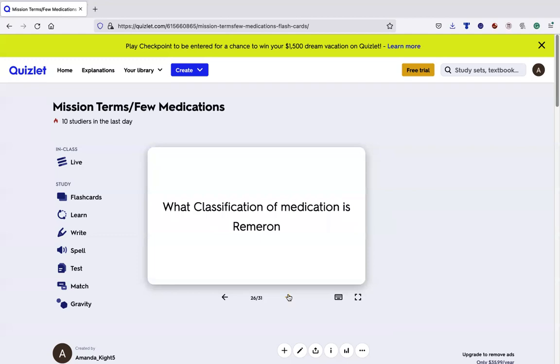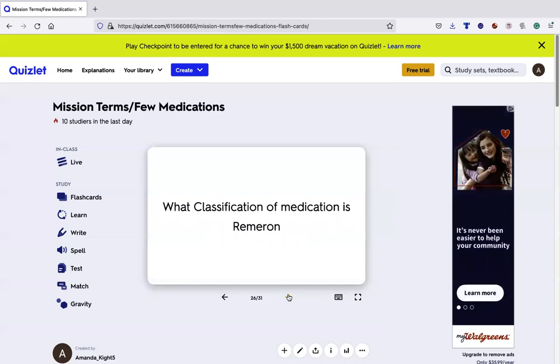What classification is Remeron? Remeron is actually an outlier as well. And Remeron is pretty interesting, in my opinion. I see it mostly used, and the other name I always say wrong, Mirtazapine or something like that, which is why I call it Remeron. And it does a couple things. It doesn't fall under a category. Its classification is an antidepressant. However, it can also be given for increasing your appetite and for sleep. So this would be given at bedtime.